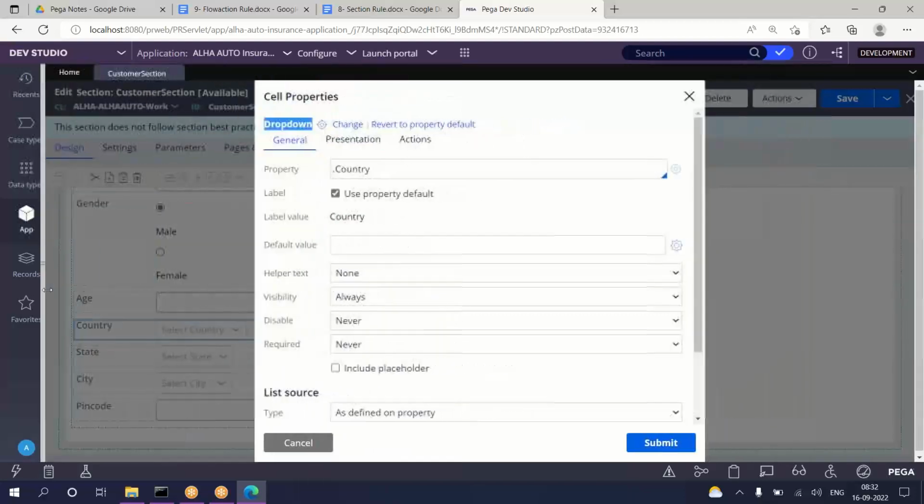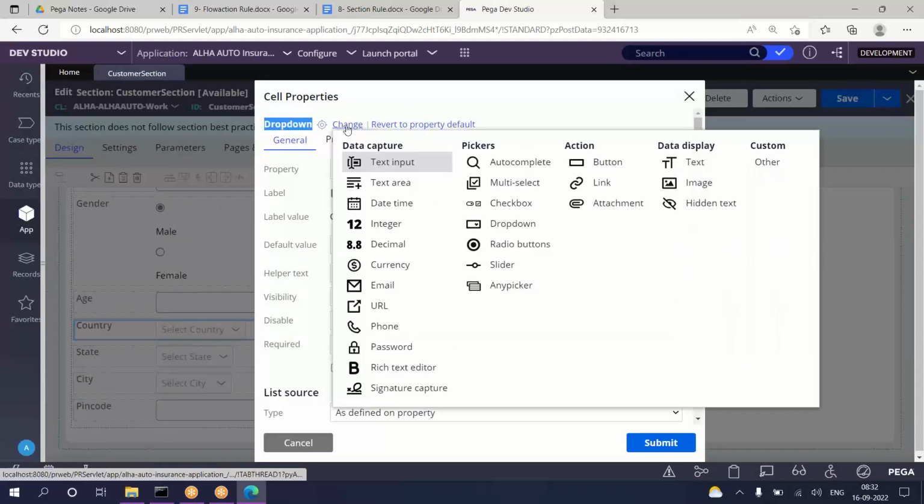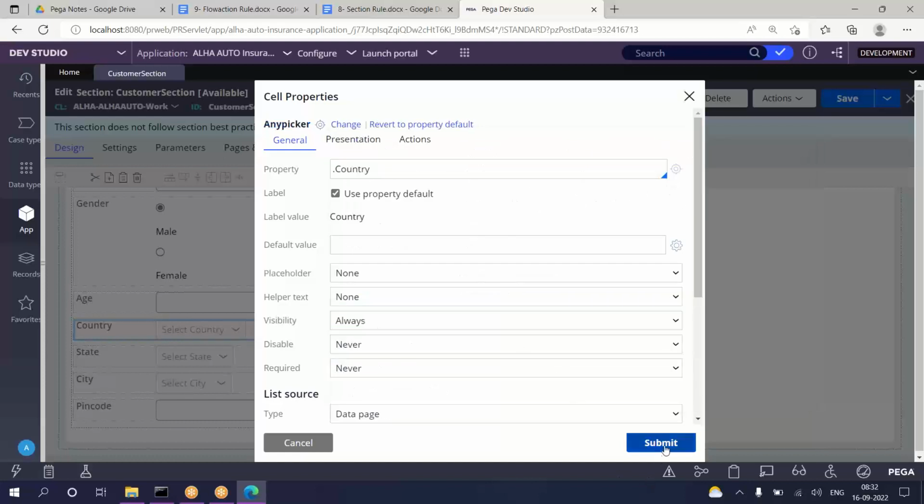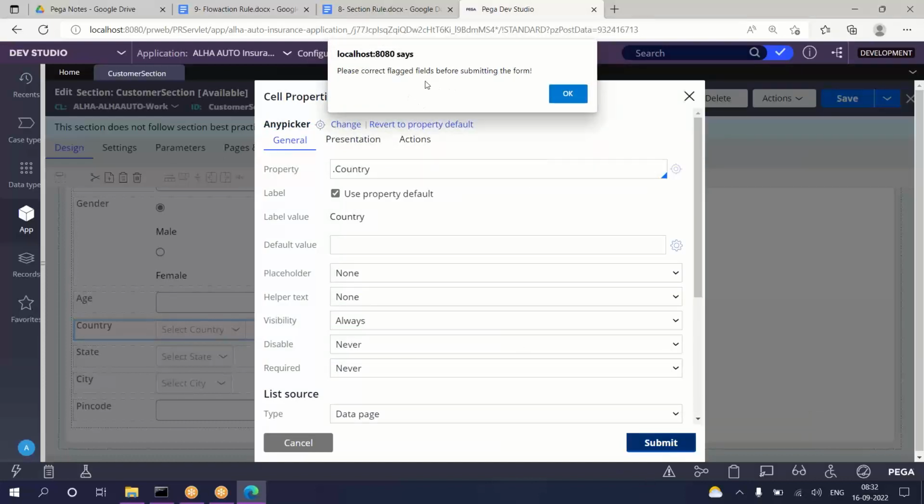So if I want to change this to autocomplete, there is any picker, but any picker will not support this. Let me check once. See, flagged fields before submitting. Because here required fields are there, that I'll discuss later again. So if any static records are there, it is not supporting. It will support dynamic records. But better go for the other option called